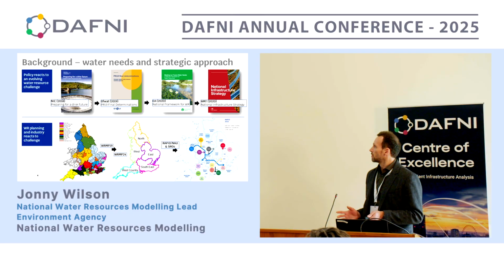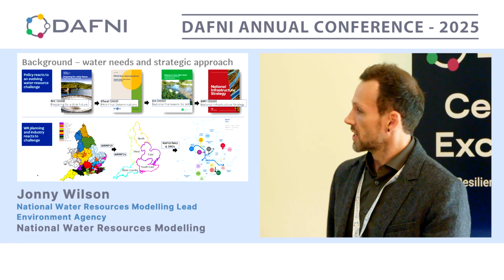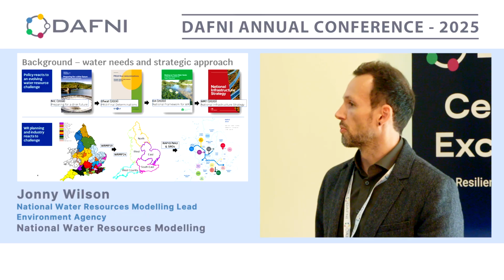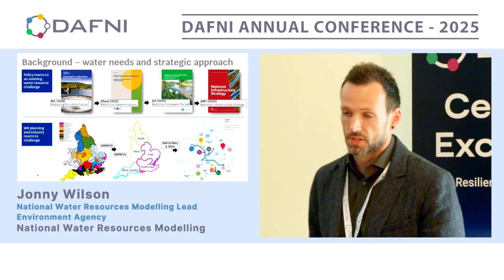So slightly following on from that, water companies industry started to pick up more on some of those challenges in these reports, and with that in mind started to think a little bit more strategically around supply options and the need for interventions to increase the amount of water that's available for supply to meet some of these needs. And that was reflected in the PR19 document and also the funding that was put forward from Ofwat to fund some of those options.